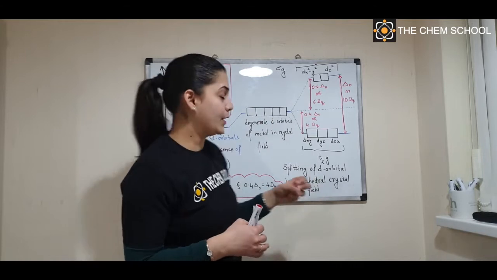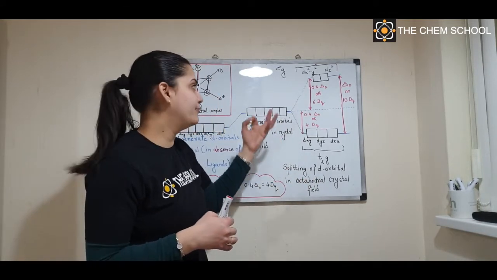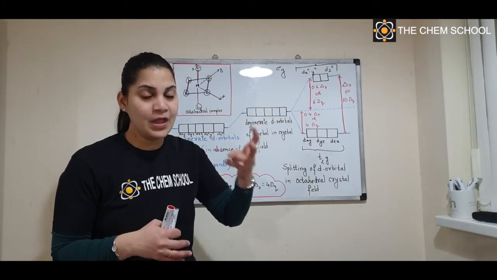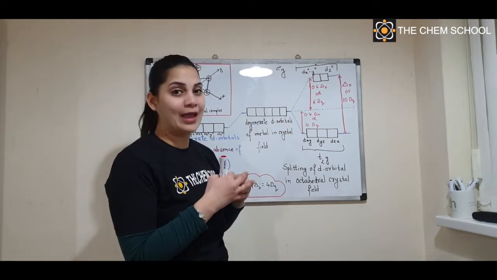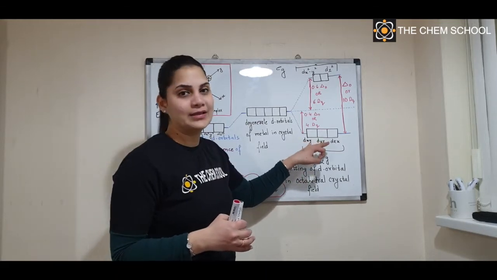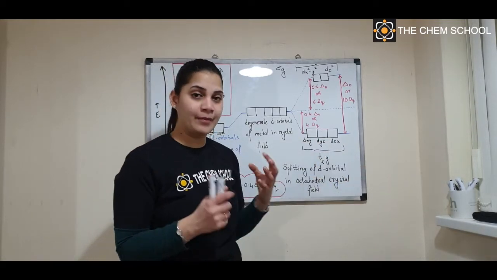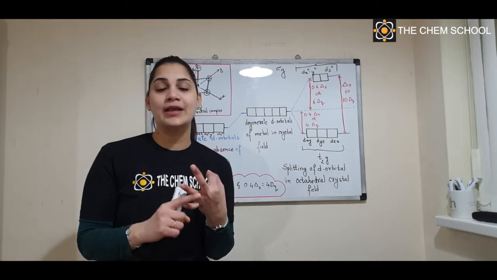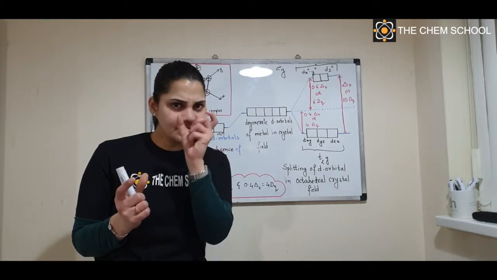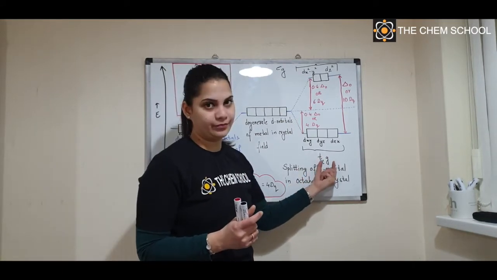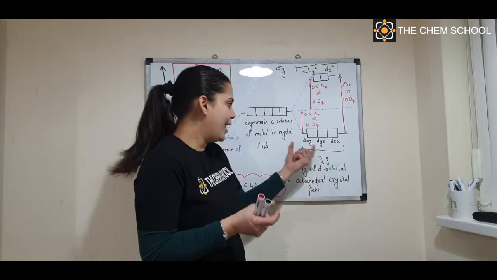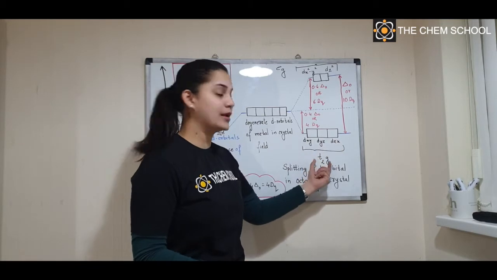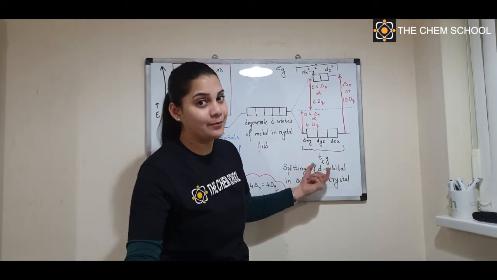Now you can see that the 5 d orbitals are splitting into 2, that is 3:2. The 3 orbitals that will be together are dxy, dyz and dxz. Remember, the 3 orbitals that are always going to be together are dxy, dyz and dxz. This set you can call T2g. You don't have to call this again and again; you can simply say that these 3 suborbitals are nothing but T2g. That's an alternate name.